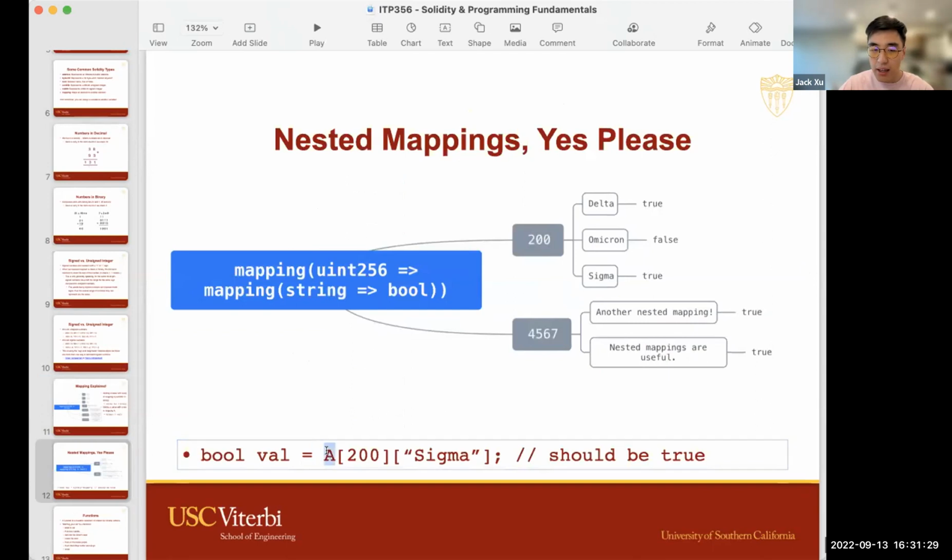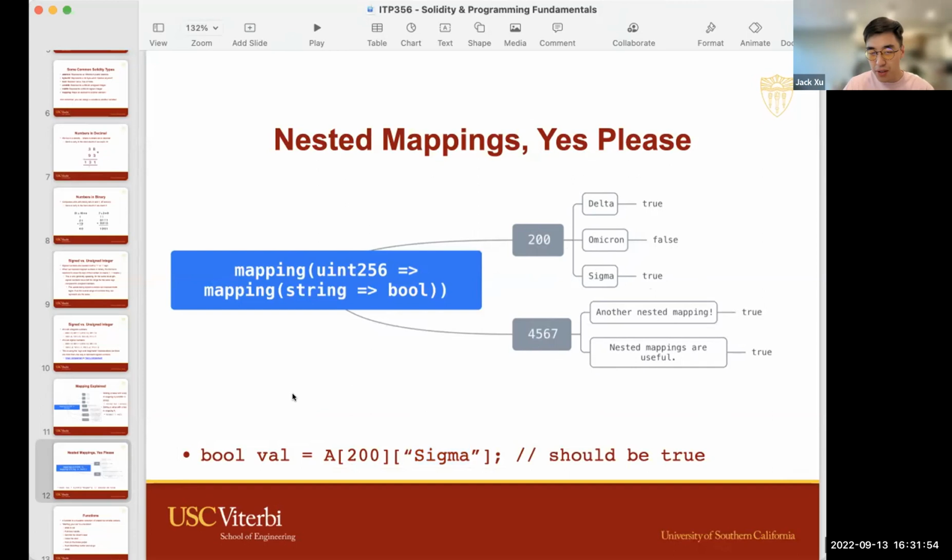So A, which is the name of the mapping, 200, that points us to 200, not 4567. That narrows down the results to here, but within here, this is another mapping, so you have to give more information. I want to take a look at what's under sigma, so let's look at sigma, and that will give you a true, okay? So that's how this works.